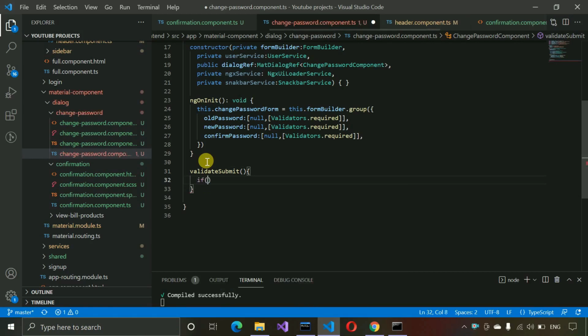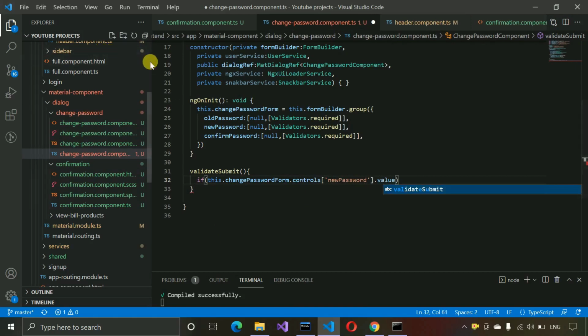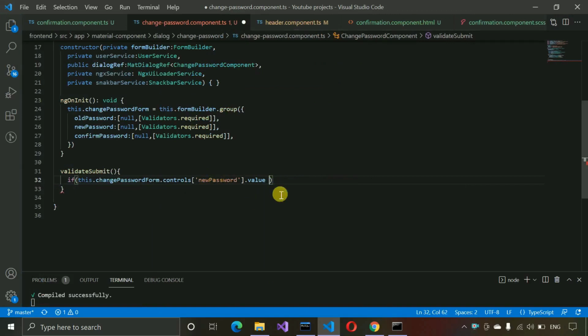So if this.changePasswordForm.controls, and here we have to write newPassword.value, let me decrease the size of this one,